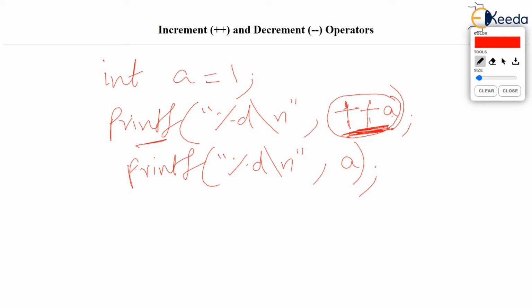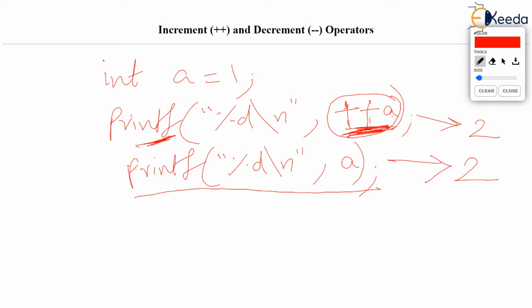So the value printed due to this will be 2. You can read this statement as print incremented value of a. So first increment the value of a and then print it. By the way, what is the value of a? That's 2 now because it had got increased by 1. So by the time the next printf runs, we want to print the current value of a, and value of a is 2. So the output here is going to be 2, 2.